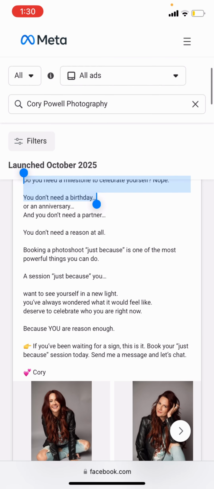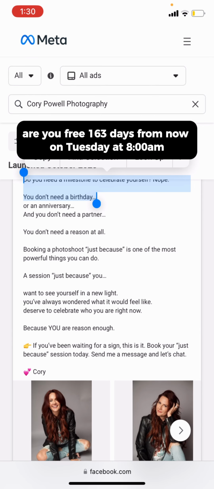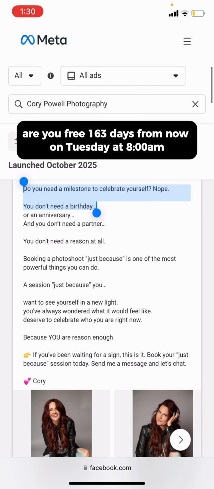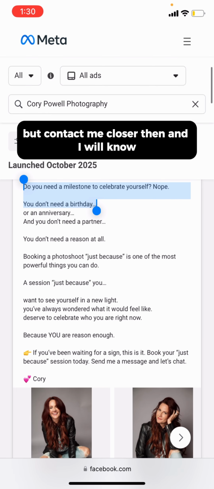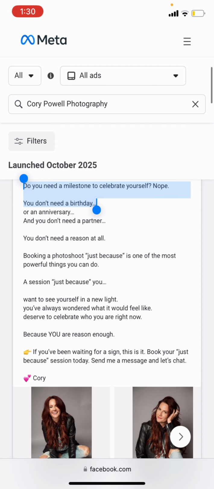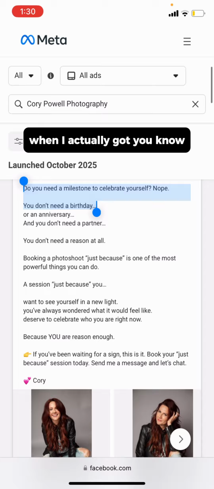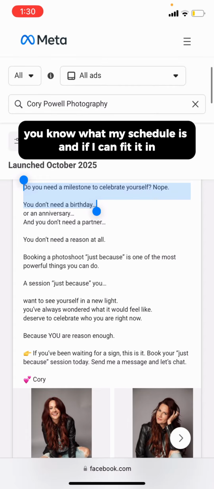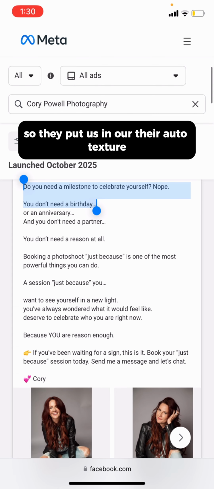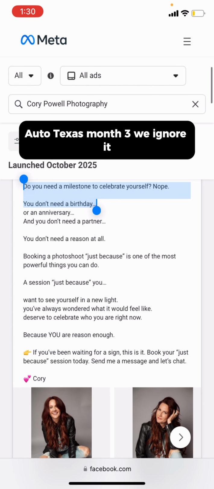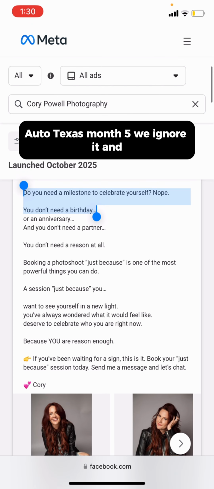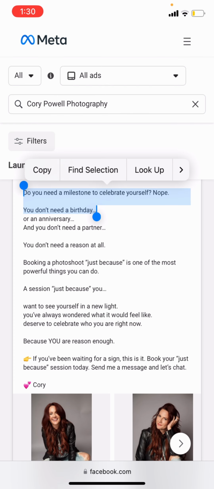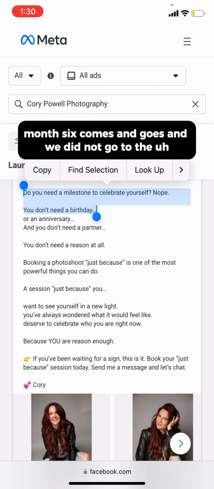And they're like, "Hey, are you free 163 days from now on Tuesday at 8:15 a.m.?" And we're like, I ain't got no clue, but contact me closer to then, and I will know what my schedule actually is and if I can fit it in. So they put us in their auto texter. Auto text us month 3, we ignore it. Auto text us month 4, we ignore it. Auto text us month 5, we ignore it. And month 6 comes and goes, and we did not go to